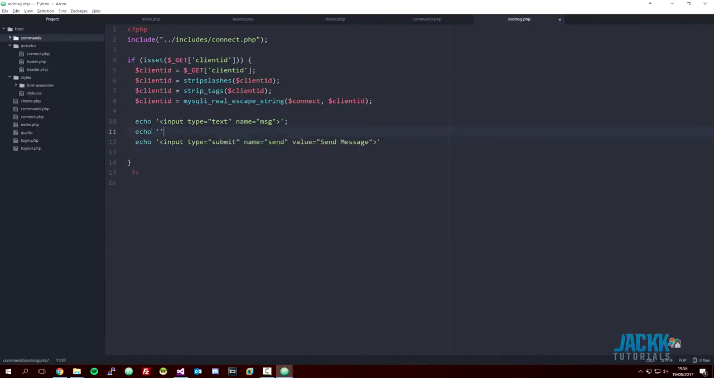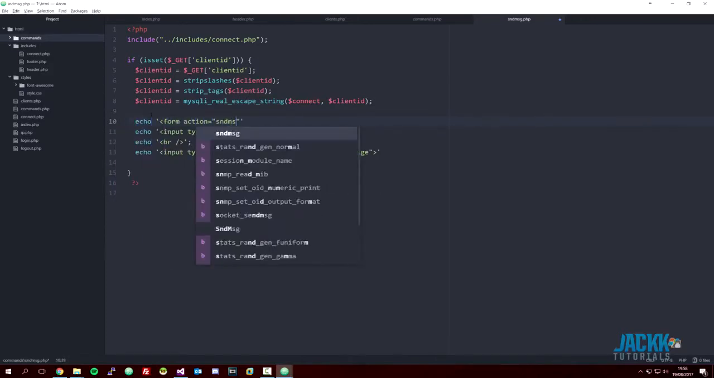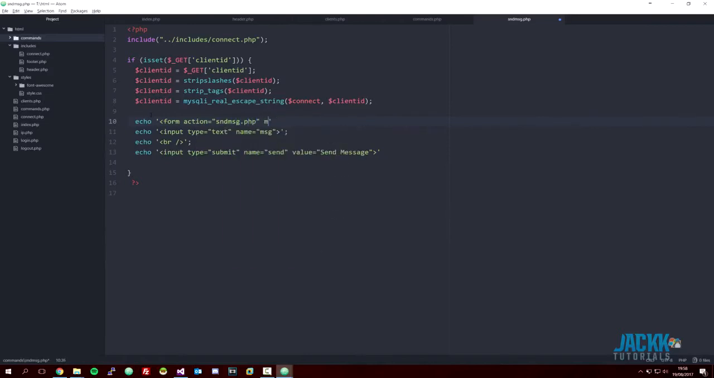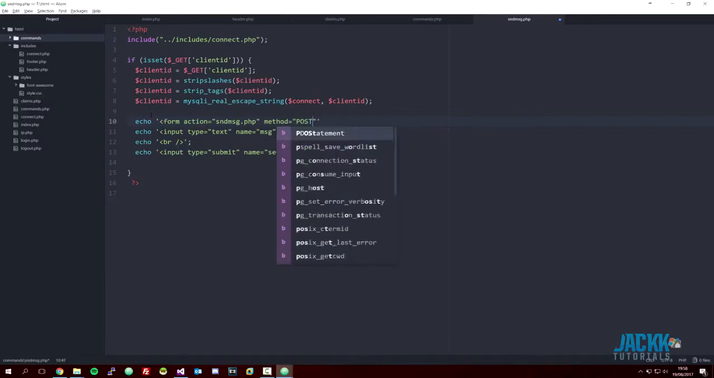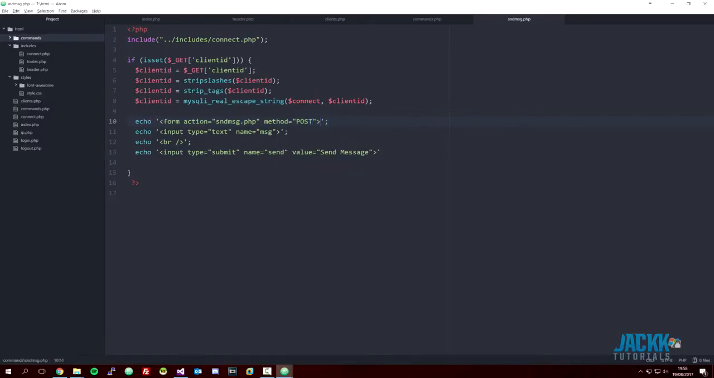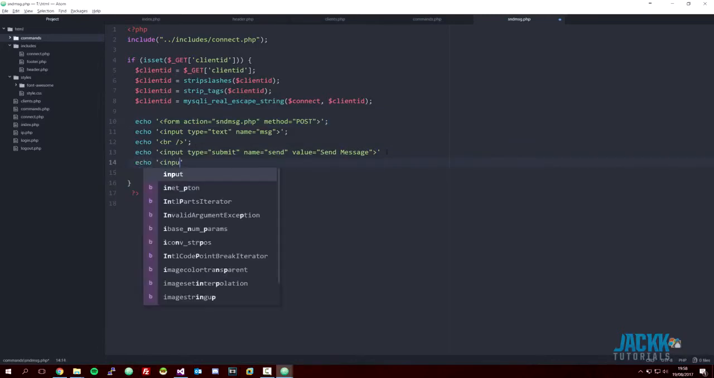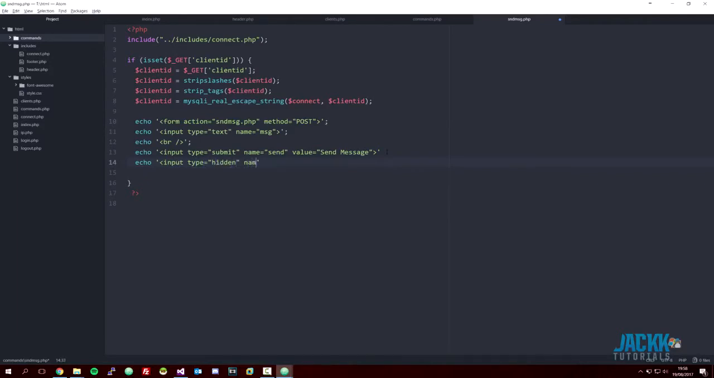We'll just add in a little bit of a line break here, so BRs. We also need to surround this with a form, I didn't forget. Form action equals send message.php, so it's going to come to the same place, and the method is going to be post. And also we need to add another field, which is going to be a hidden field for the client ID. Type equals hidden, name equals client ID. The value is going to be equal to the client ID like that, and also end the form,